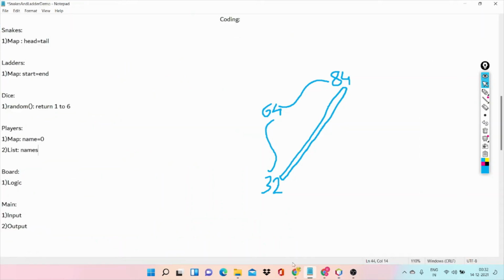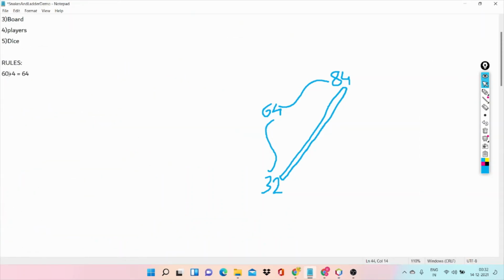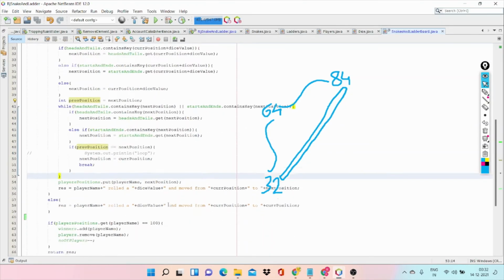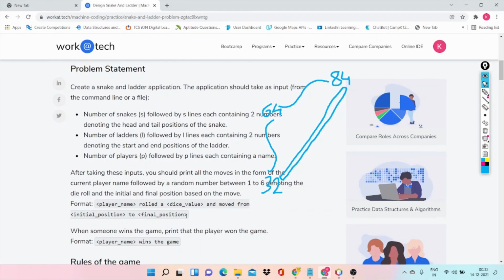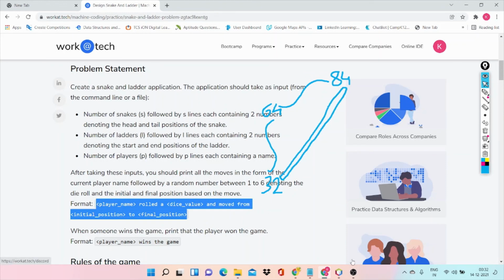We have already discussed it here, that position 60. And I update the next position of the player and return the value as specified, as we have seen here, in the output format.